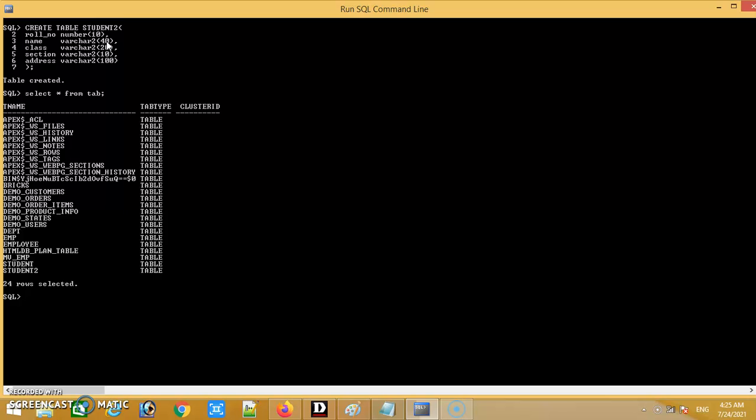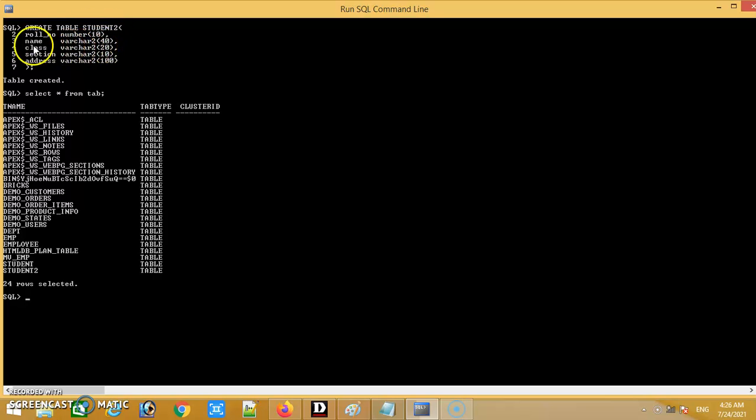Let's say someone's name crosses the length 40, so I cannot enter that student information in the student table, because the length it takes is a maximum of 40. If someone's name length is greater than 40, the data is not inserted into the table.